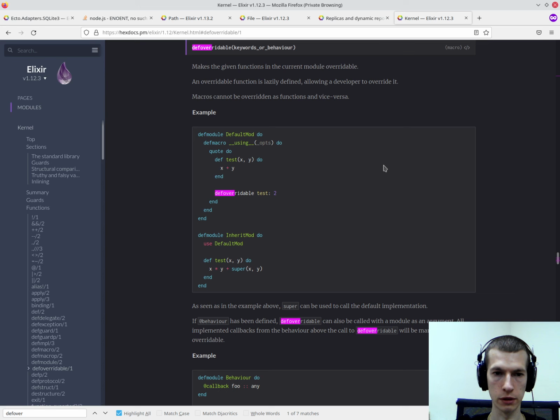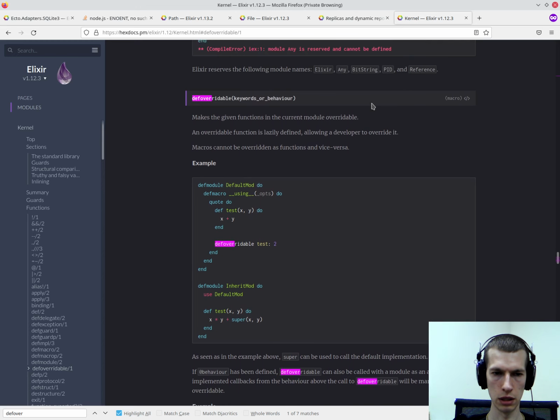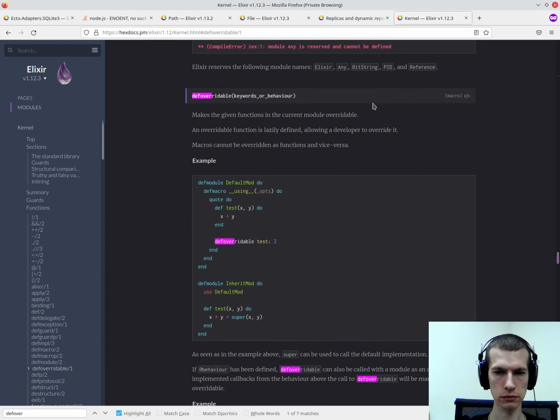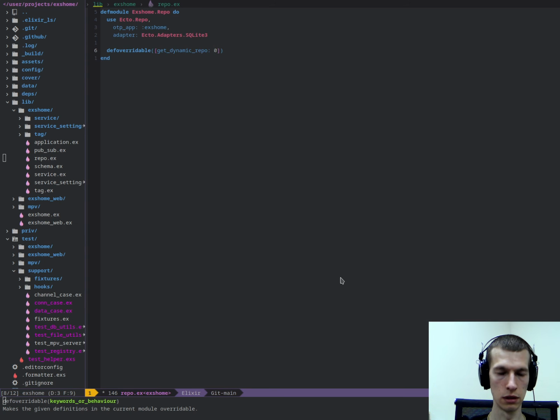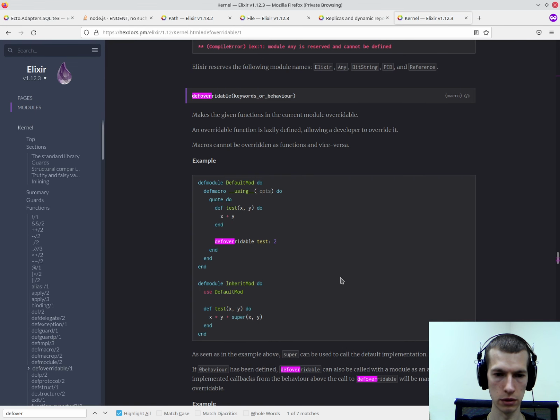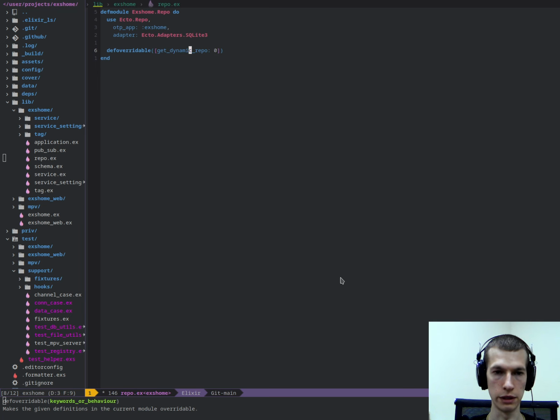Okay, makes given functions in the current module overridable. An overridable function is lazily defined, allowing you to override it. Macros, and so on. Def overridable. Okay, dynamic repo 0 and put